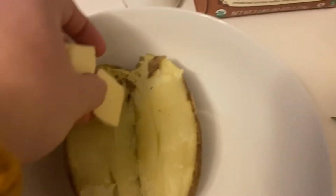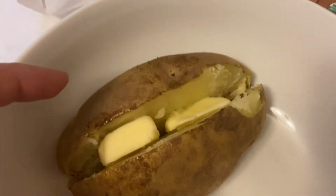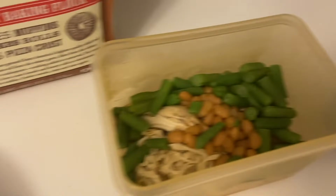So I am gonna get this baked potato out of the microwave. I'm gonna push stop. Take this out. It needed to be cooked for like another minute. Bring it over into the kitchen. So then what you do is you put the butter. So I cut just like a tablespoon of butter in 2 slices, and then kind of crush it. Let that melt. So obviously you can see already. Ooh, look at that butter. So I'll let that sit for like 30 seconds, and then I'll show you what I do with the mixture